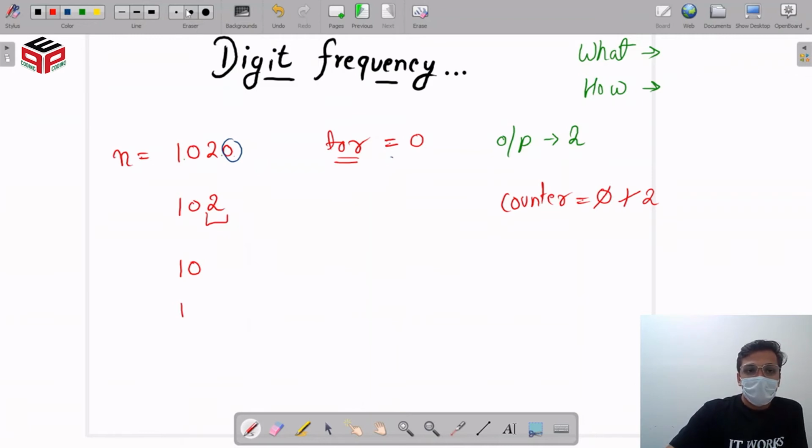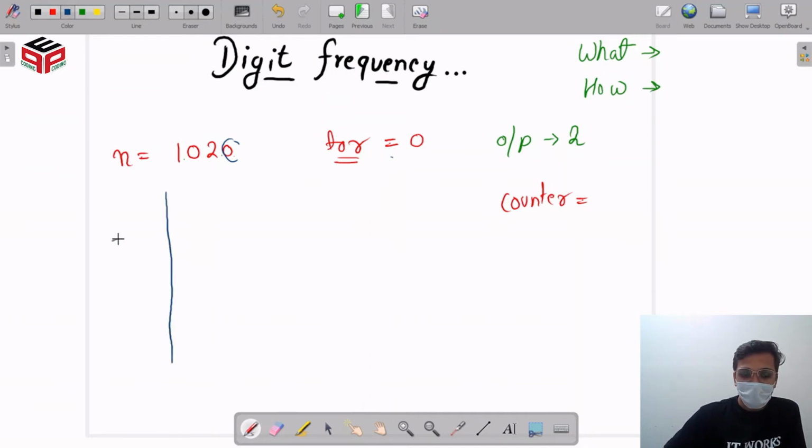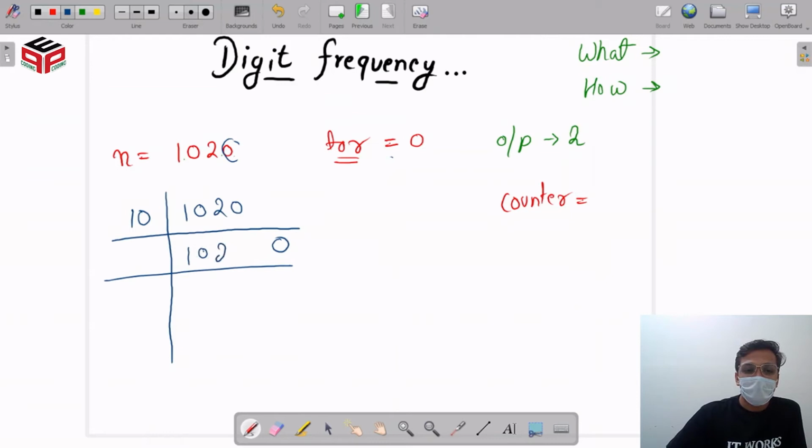So that is how we are going to approach our problem. For this problem, we are going to apply the same logic that we applied to extract the last digit. So let's take a quick recap of that topic. There we took 1020 and divided it by 10. When we divide our number by 10, our remainder is going to be 0, and the remaining number is going to be 102. This is the quotient, and this is the remainder. Our remainder is compared with our target.